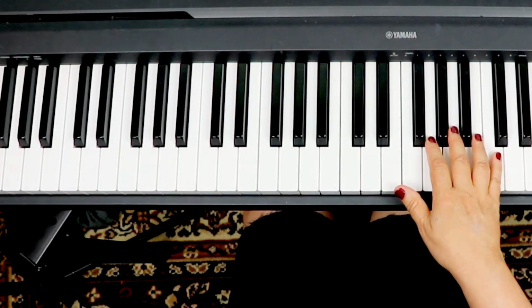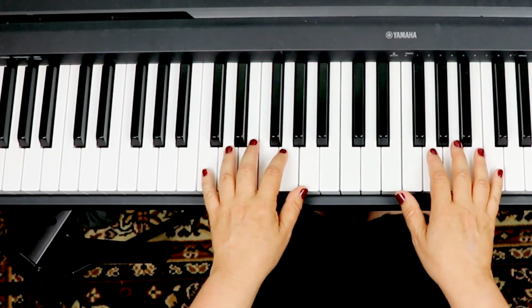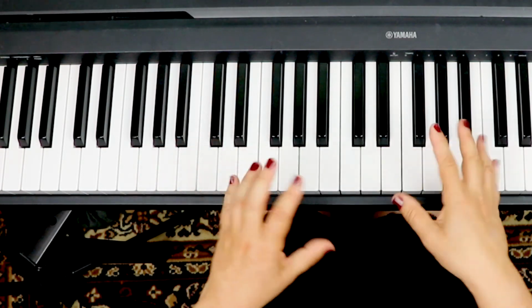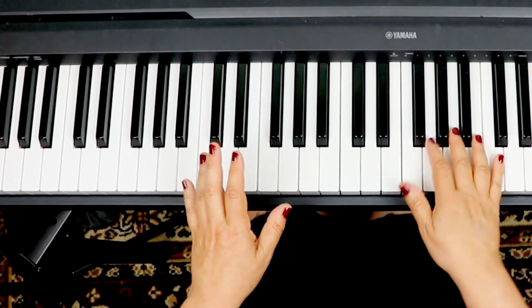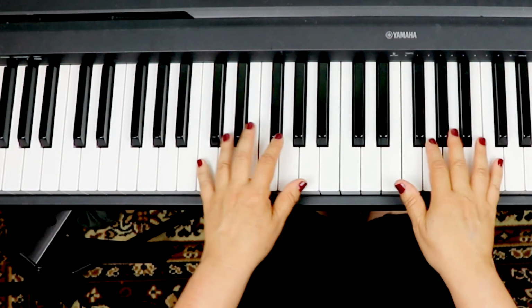I'm going to do that with pedal. I just want to talk about something. How fast should you play this? It's entirely up to you. You can play it more relaxed and reverently, or you can play it a little more, not aggressively, like more energetically, let's say. So you could do very worshipful and kind of meditative,